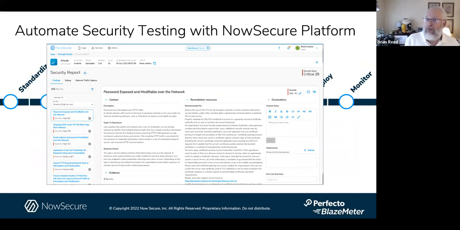Now, when you're doing the security testing, as I said earlier, it's about being effective in testing the things that actually matter. Eran made a great example. You may only have 10 or 15 minutes, right? So how are you going to get enough testing in 10 or 15 minutes? Well, with NowSecure, you can do 600 tests in less than 15 minutes using static and dynamic and interactive testing on an app running on a real device, just like Perfecto tests on real devices. And that very quickly gives you the battery of the most common things, the 80-20 rule, right?